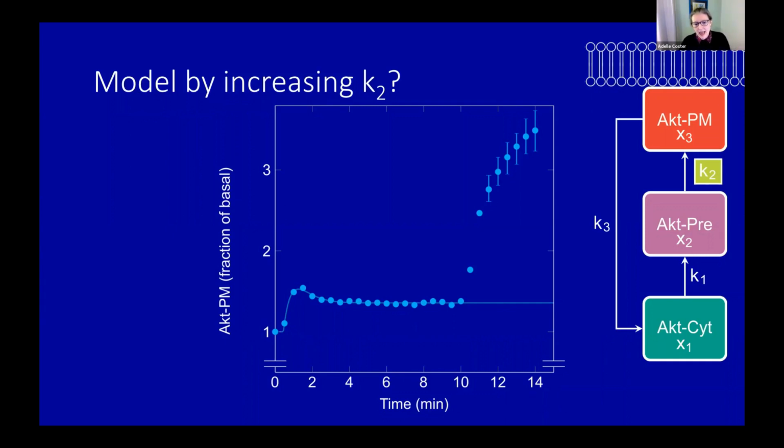If we now, at 10 minutes, allow K2 to again step up in value, this is the sort of thing we're going to get. So all other parameters are remaining the same. So increasing K2 again at 10 minutes causes another rise. However, keeping on increasing it, because it's clearly not at the same height, is not going to cut it. And so it's a bit disappointing in a way.